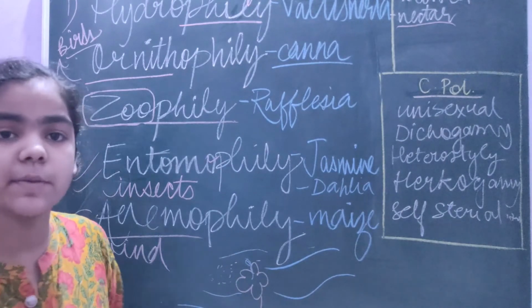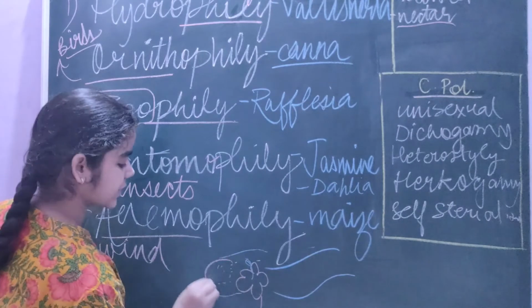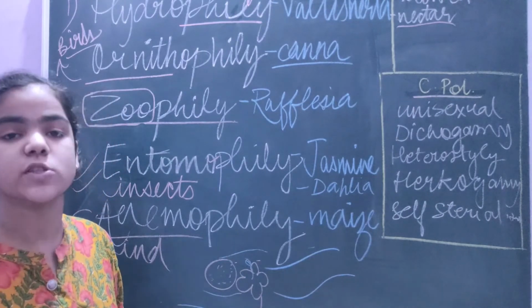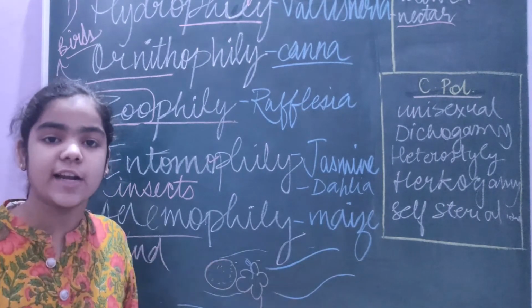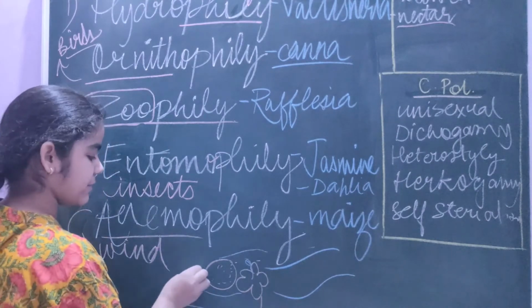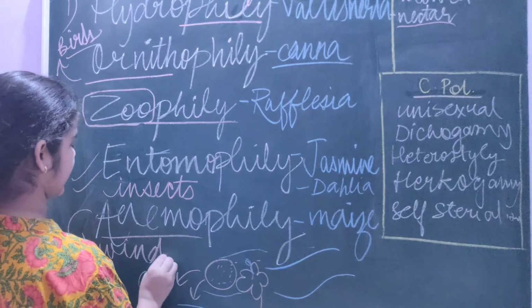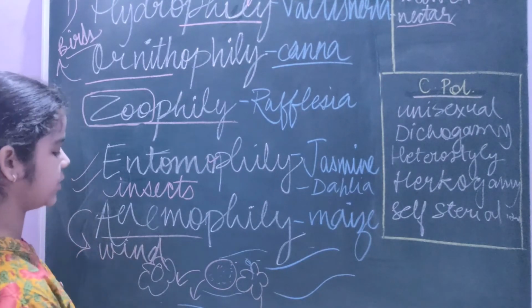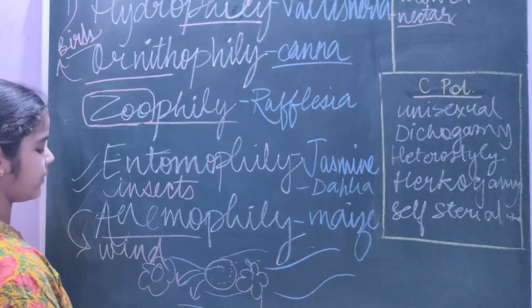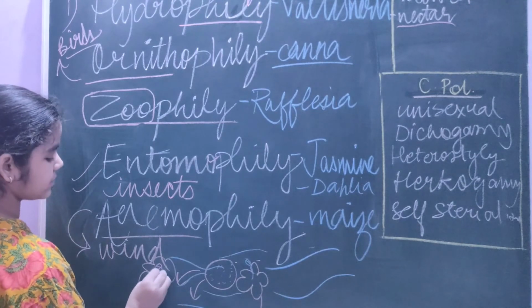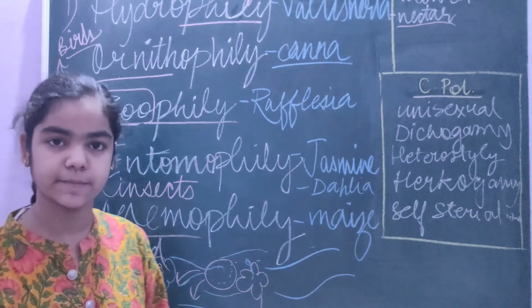So it is really very important for these pollen grains to be lightweight, to be smooth, and to be produced in large amounts. Otherwise there are very high chances that they will fall down on the ground and not reach the desired flower. Therefore, when they are produced in large amounts, they can fall on the stigma very easily.